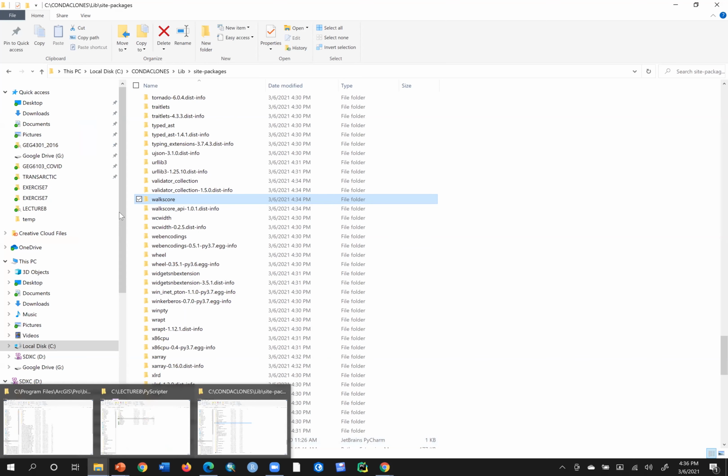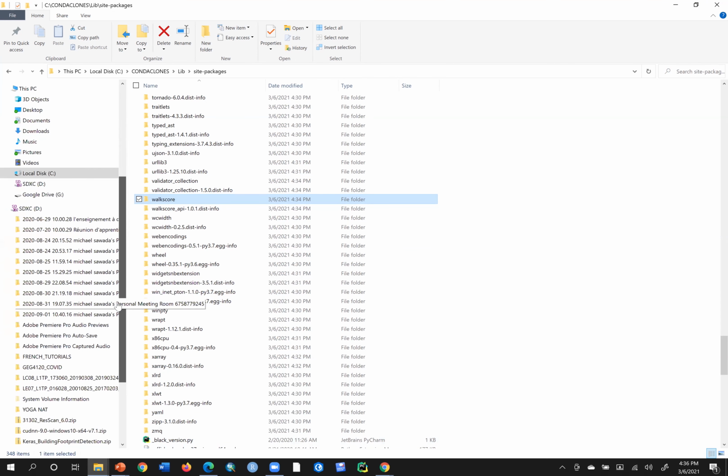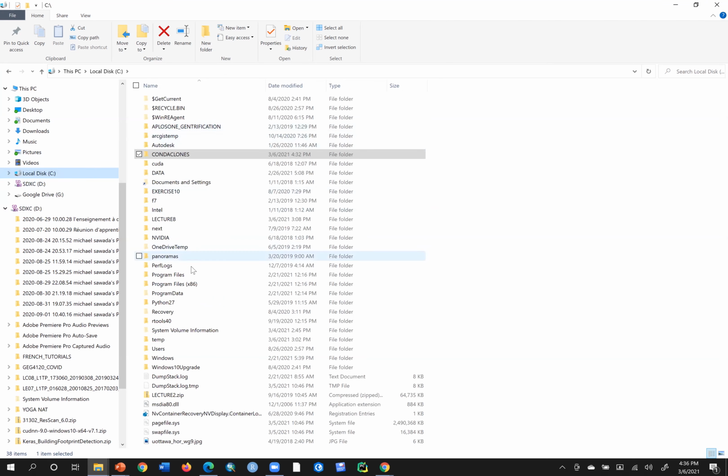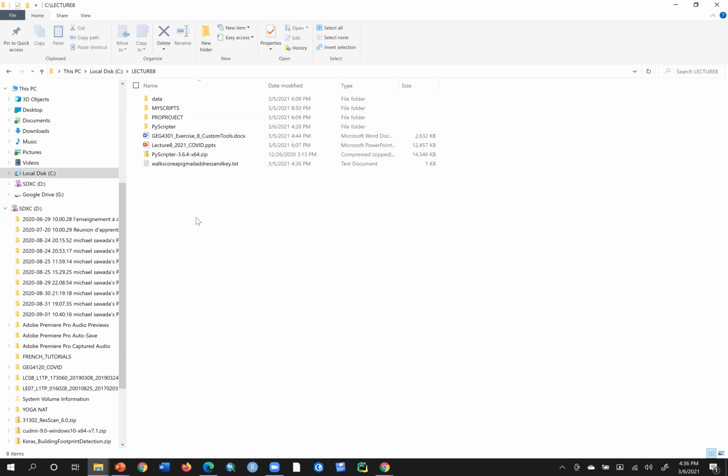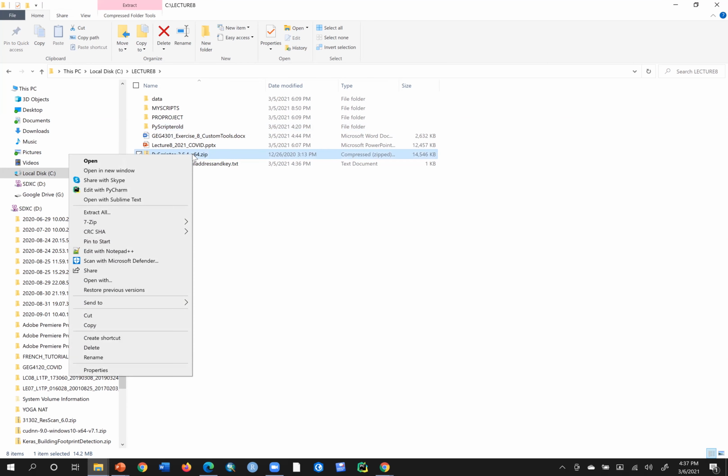Then I'll go back to find PyScripter, the zip file. And that's on my C drive. And I think I put it in lecture 8. There we go. So there's the PyScripter that I did in the first example. I'm just going to call that old here for now. So there's the PyScripter zip, and I'm going to say